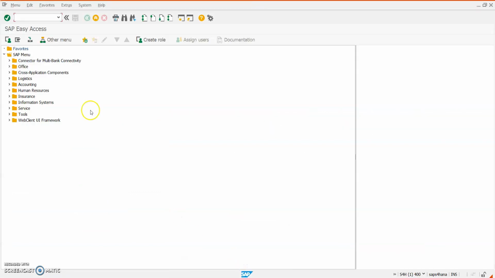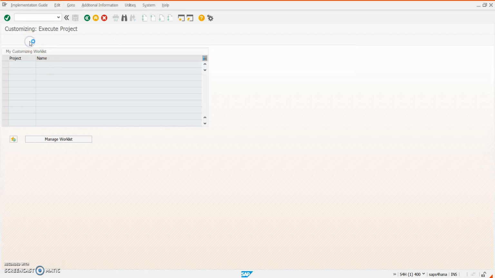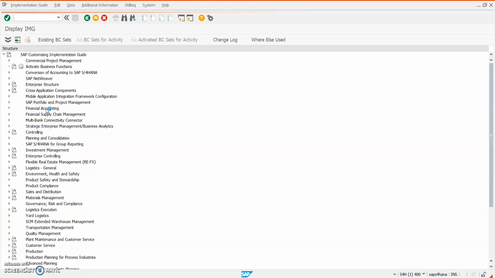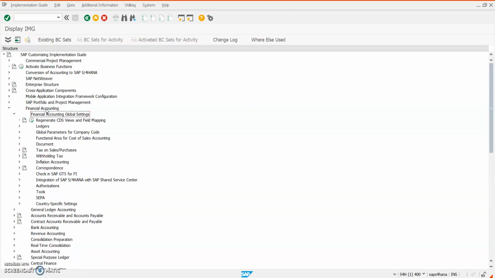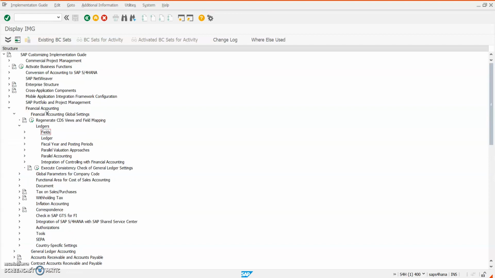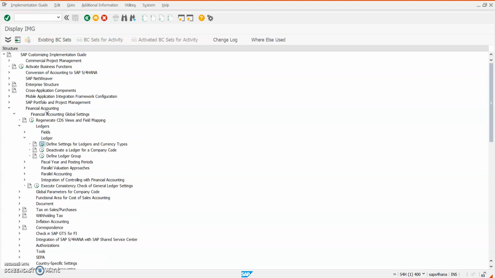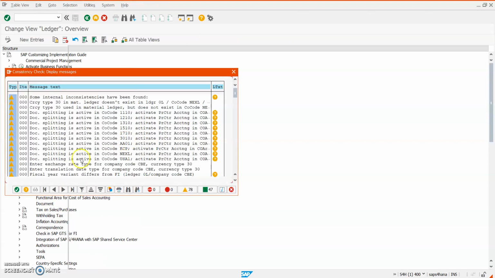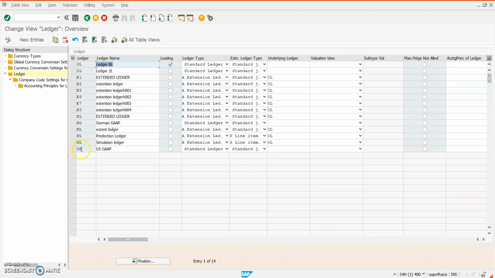Now let me take you into the configuration. I'm going to SPRO, Financial Accounting, Global Settings, Ledger, Define Settings for Ledgers and Currency Types. Continue. Here is the simulation ledger which is created. Here the ledger type we have to select is A, extension ledger, and the extension ledger type is ES, which indicates simulation.